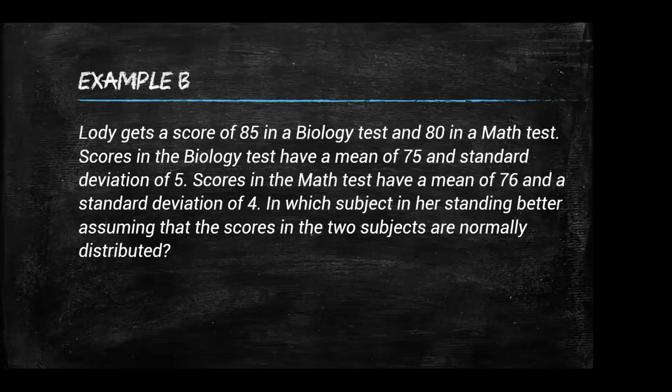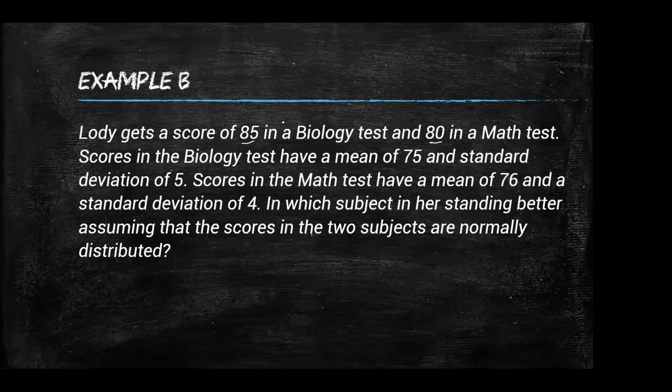So, we will use this application. Lodi gets a score of 85 in a biology test and 80 in a math test. Please take note of the given. Separate the biology and the math. For biology, it is 85. For math, it is 80. This is the score being tested, so that is already the X. Whatever class's number, grade or score you want to test, that is already our